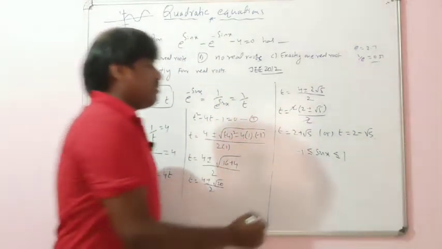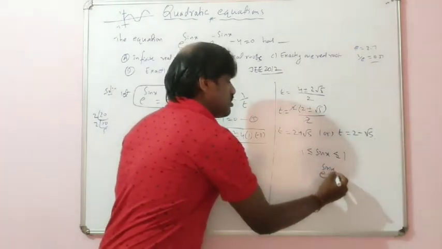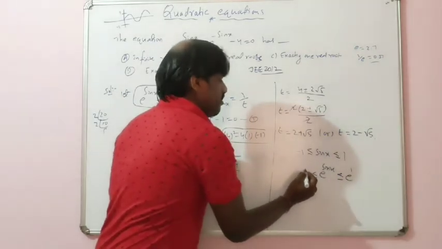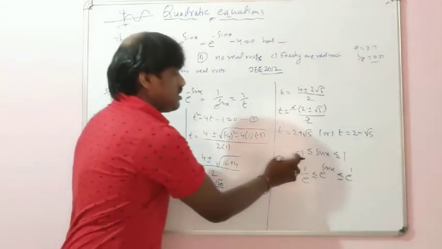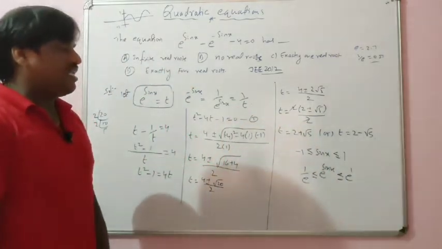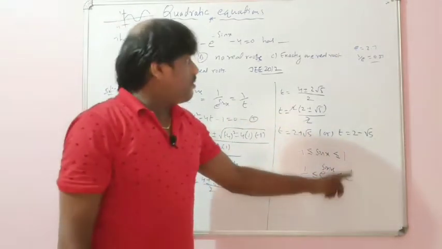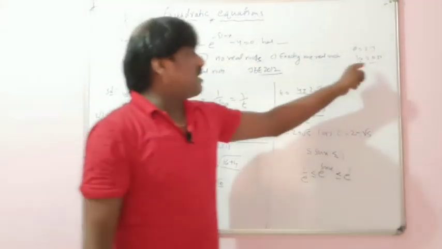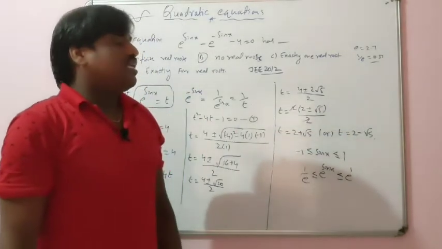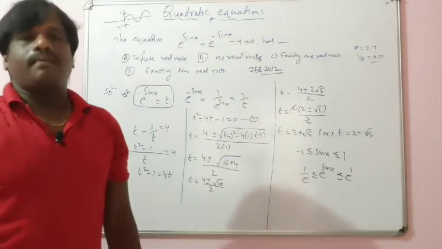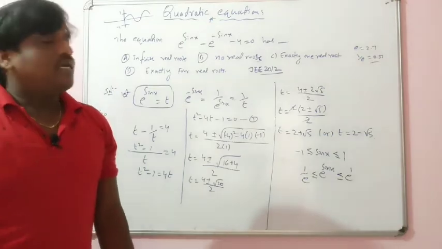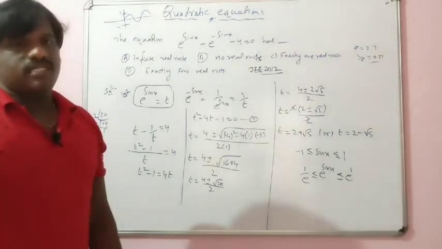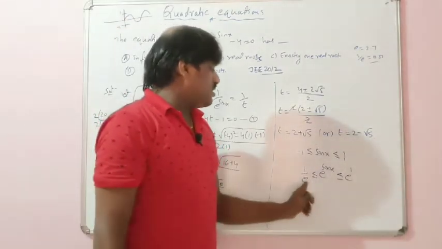So e power sin x will be how? If I apply exponential on both sides, we get e power 1 and e power minus 1, that is 1 by e. So e power sin x lies between these. What is the e value? The e value is 2.7. The 1 by e value is 0.37. E is a value like pi, which is 3.14. We restrict e to 2.7, though it is an irrational number.